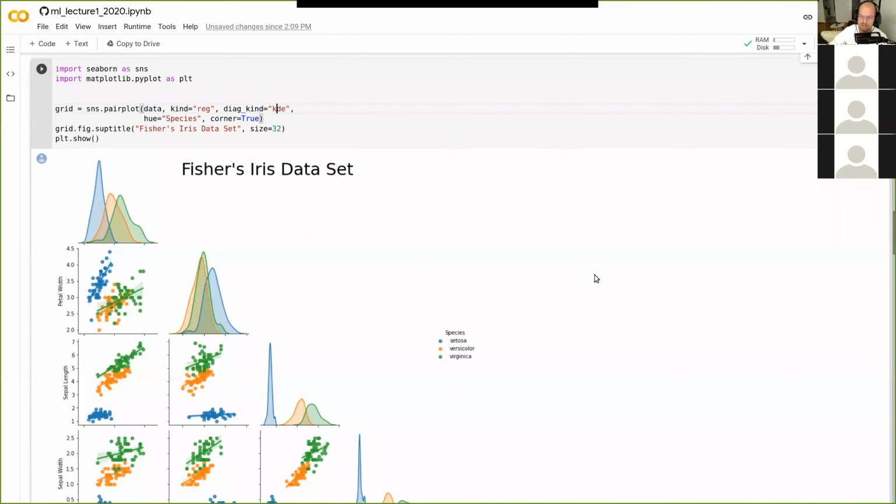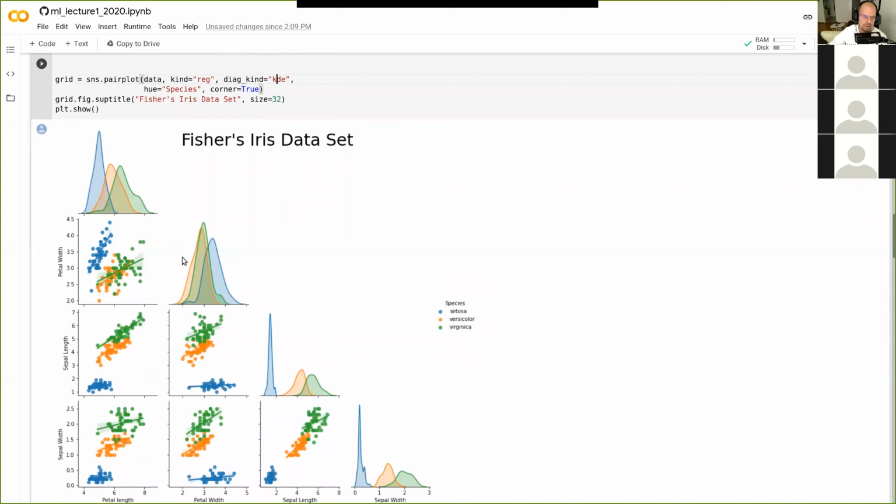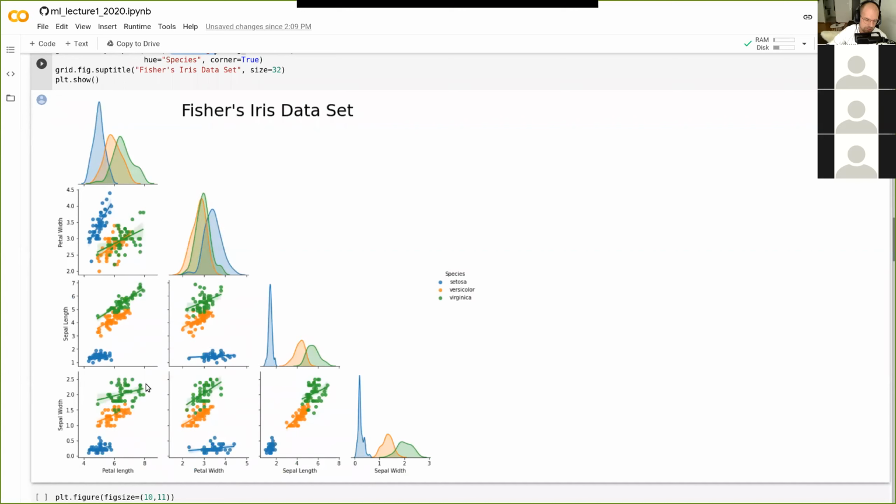So instead of a histogram, it's plotting these smooth KDE plots on the diagonal. And then I also said kind equals reg. So this is regression plots. And you can see there's now a regression plot for each of these different types of species for each pair correlation plot here.